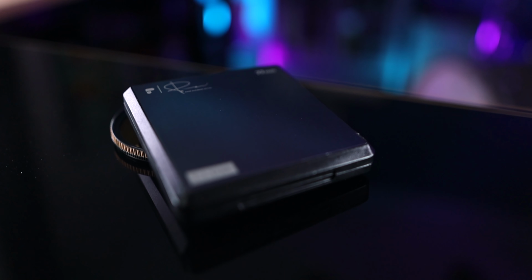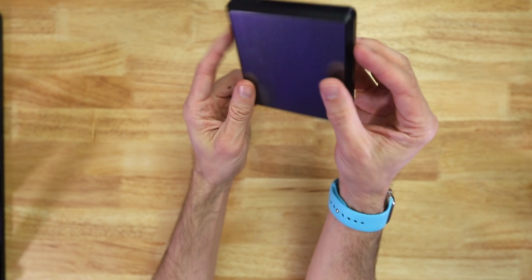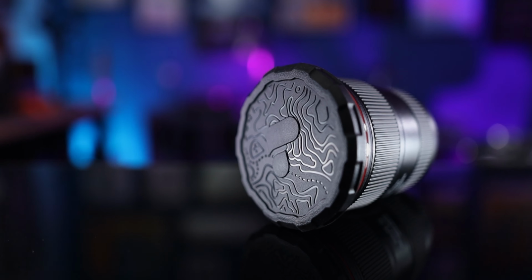Now for that price, the Peter McKinnon filter comes in this incredible packaging. It's huge and beautiful, and there's images all over it. It comes in this magnetic case with Peter's signature on it, and it's actually really satisfying because it's held together really strongly with magnets, and the filter fits right in here perfectly, and then it closes, and everything is just really satisfying about this. It even comes with this PolarPro Slim Defender, so when the filter is mounted on your lens, you've got this hard lens cap to protect it, and everything just fits in here, and it's just so